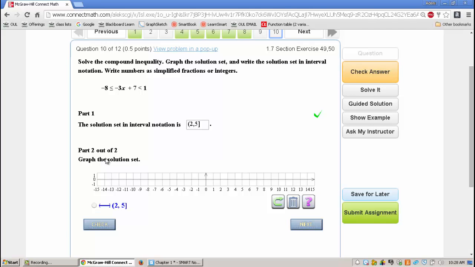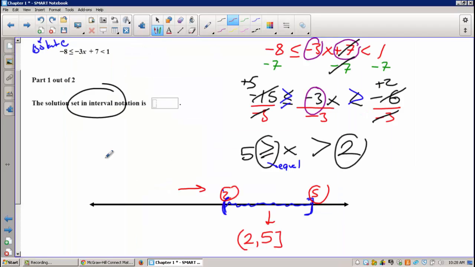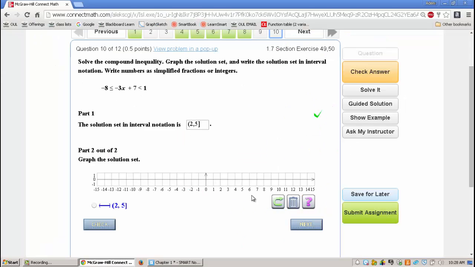And they're asking for a picture. It's already here. I do it backwards, you see. I first draw the picture, then make it interval. But it's no big deal. 2 to 5. They automatically marked